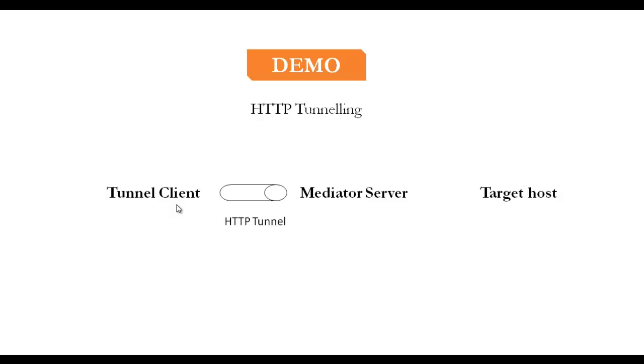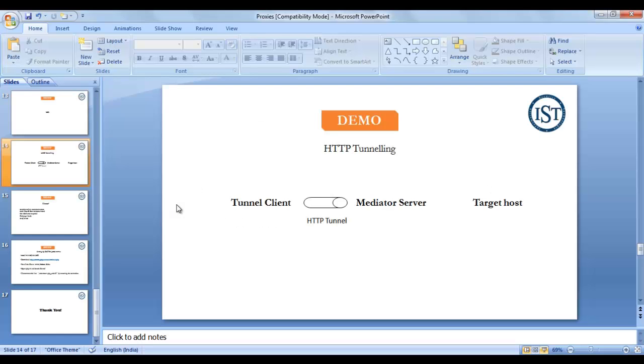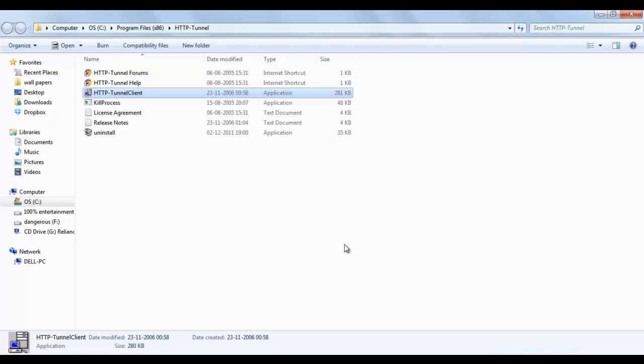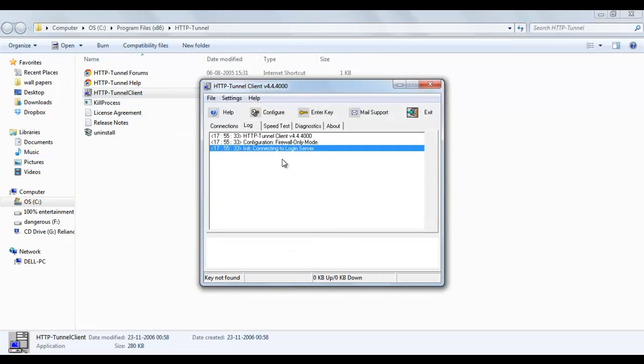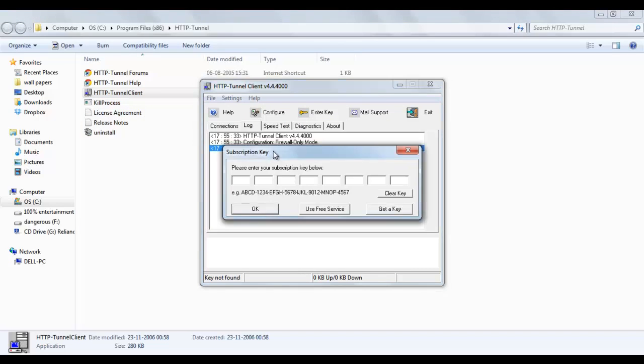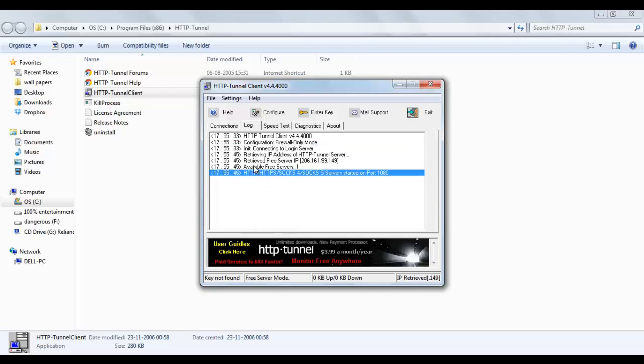Now let us see a simple demonstration of how we can work with this HTTP tunneling. I have already downloaded the HTTP tunnel client. I'm just running it, and you can see this is trying to connect to the server, which is the intermediate server, and I have no serial key. I'm just going to use a free service, and you can see it has been connected to the server 206.161.99.149, and the version I'm using is 4.4.4.000,